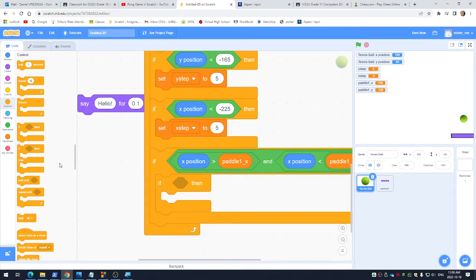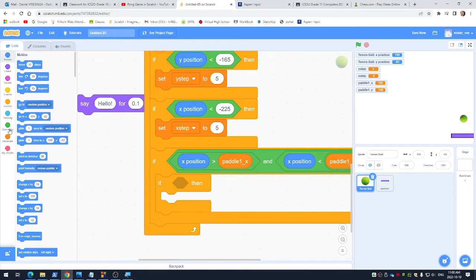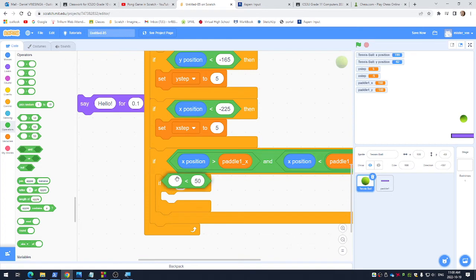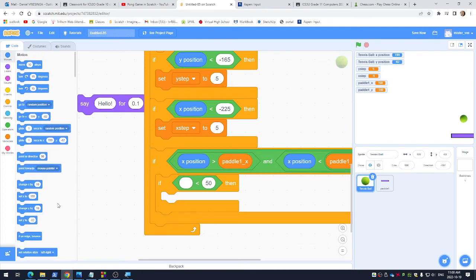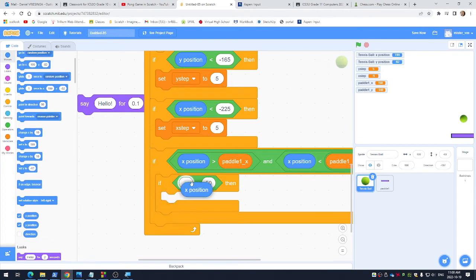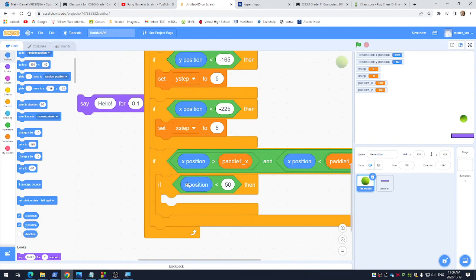If my Y position of my ball is ever less than my paddle's Y position, then I'll know it's hitting as long as it's between the left and right edge. A little bit complicated to think about, but there's other ways to see if it hits, but I think this is the purest way to do it. Okay, there are built-in things with Scratch like saying if it's touching bounce or something like that, but